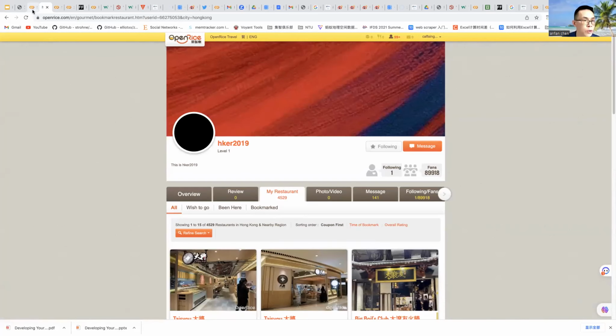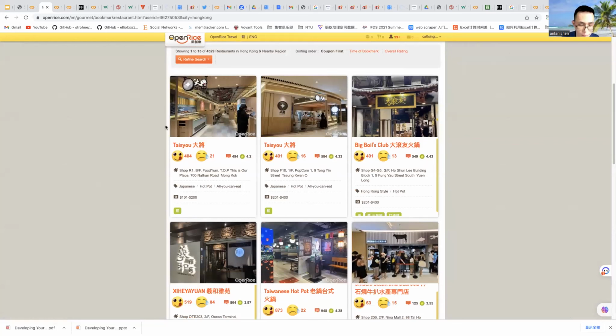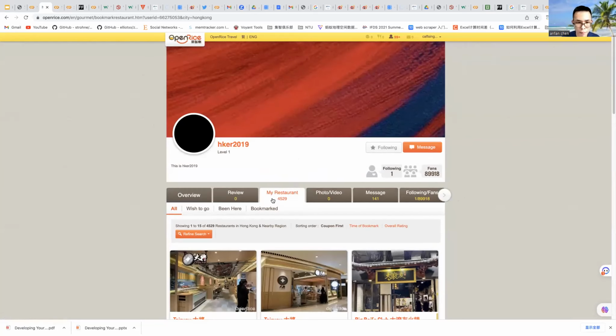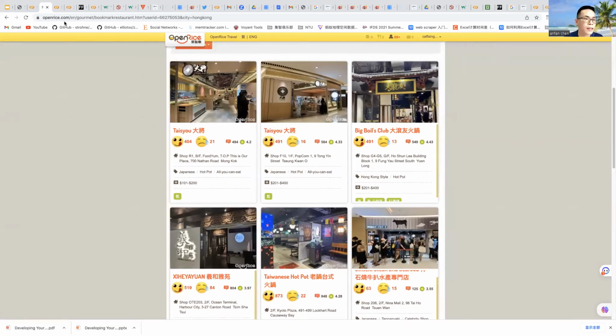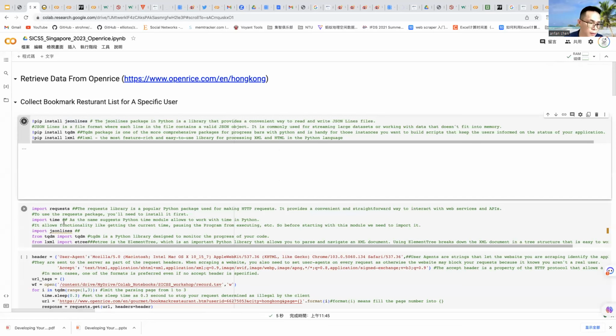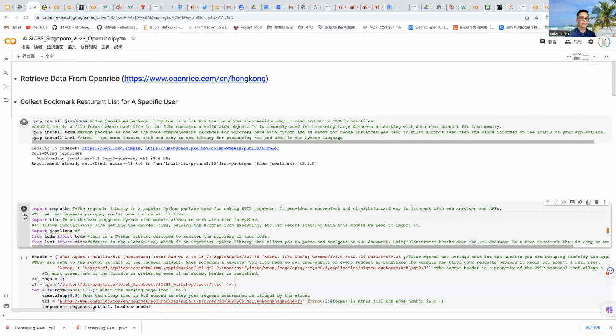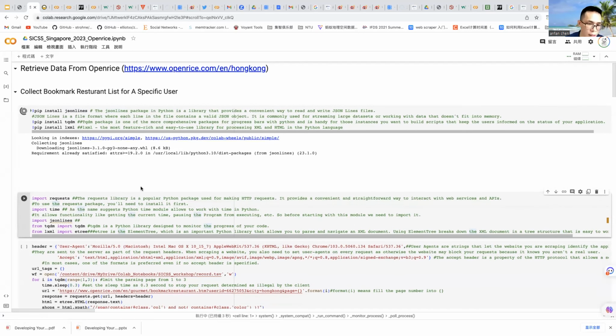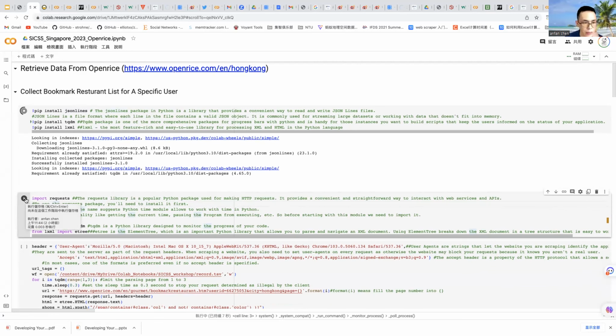And the thing we want to do here is to extract the information about the restaurants bookmarked by Hong Kong 2019. I will not elaborate on this section because I provided so many annotations and we do not have enough time to elaborate.